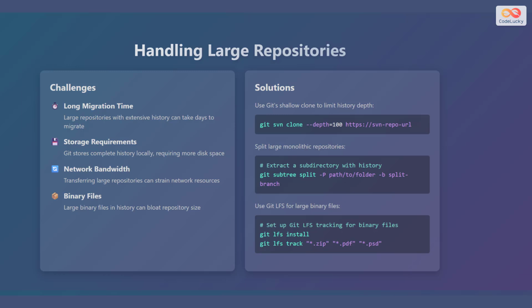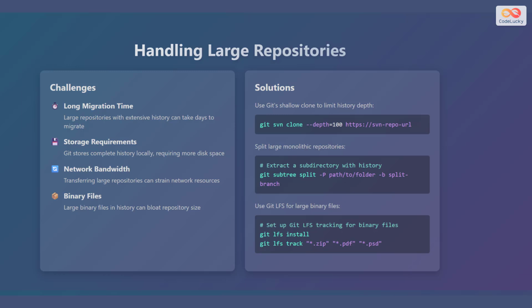Migrating large repositories comes with its own set of challenges. First, long migration times, as large repositories with extensive history can take days to migrate. Second, storage requirements, as Git stores complete history locally, requiring more disk space. Third, network bandwidth, as transferring large repositories can strain network resources. And fourth, large binary files in history can bloat repository size. Fortunately, there are solutions to these